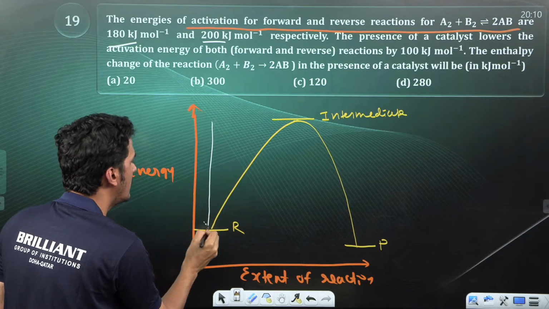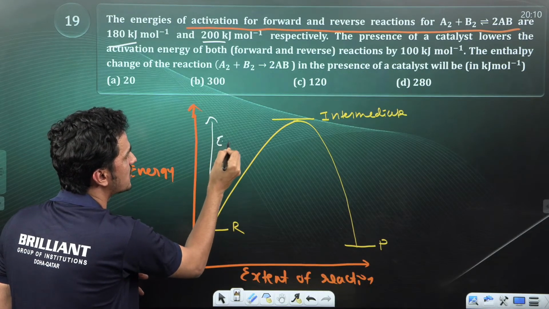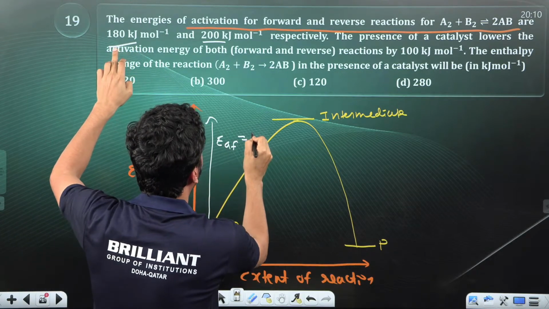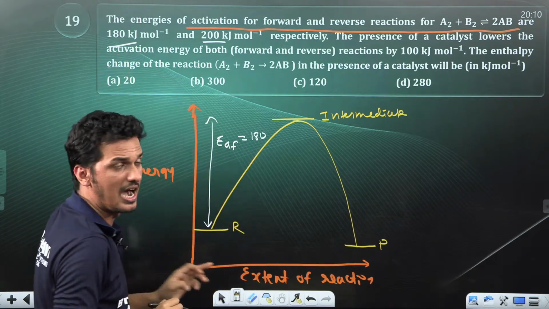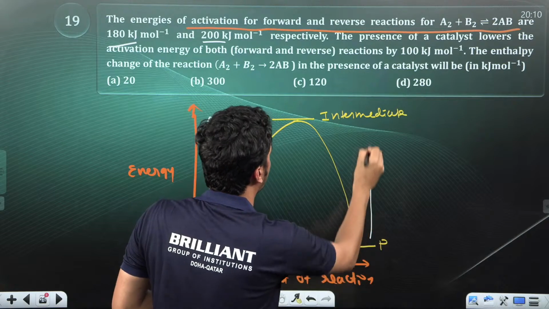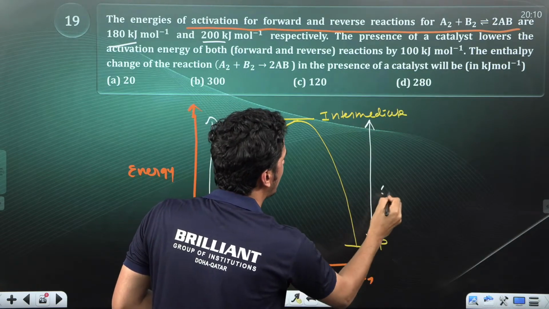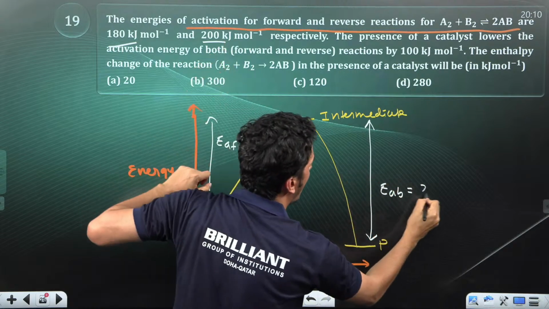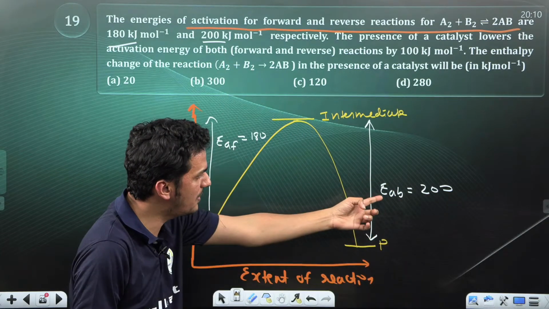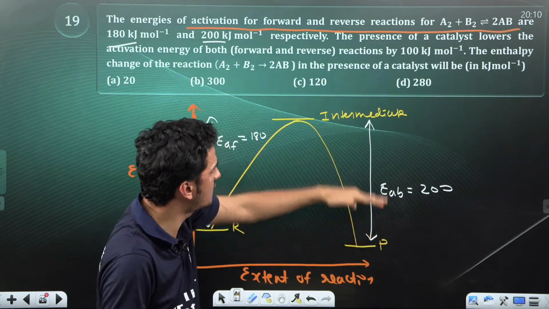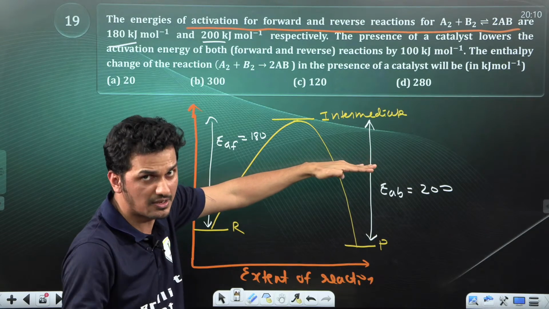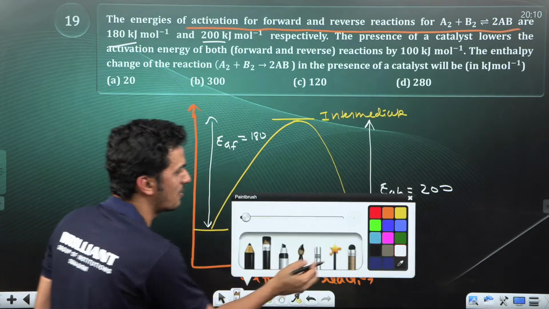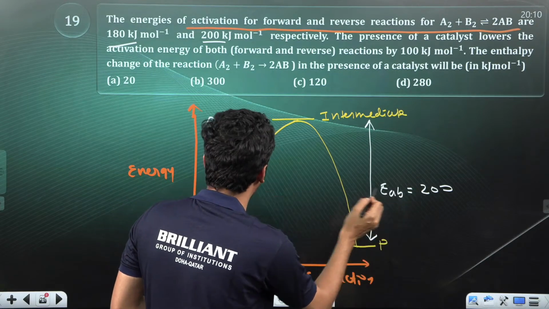Intermediate only, we usually use to represent what? Energy of activation for forward. That is equal to, they gave 180, and product to intermediate, that only is EAB, energy of activation for backward, they gave 200. If EAB is less than 200, it will be above, that will be endothermic, it is exothermic. Now what they are telling, listen to me very carefully, along with that they are